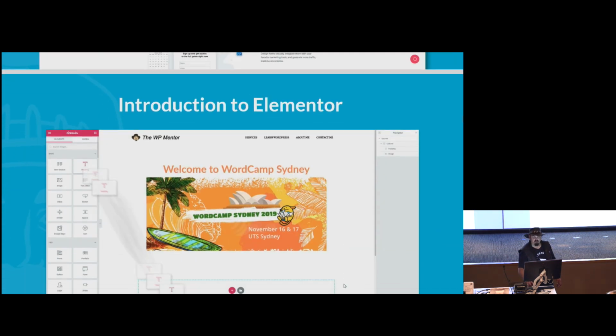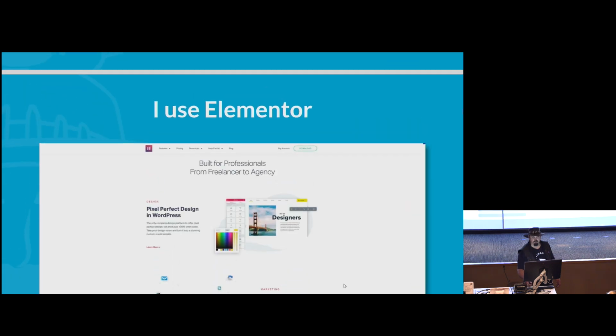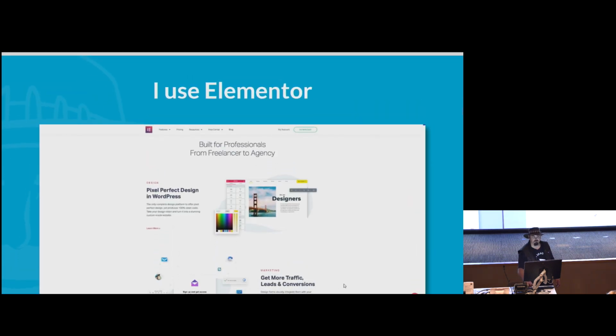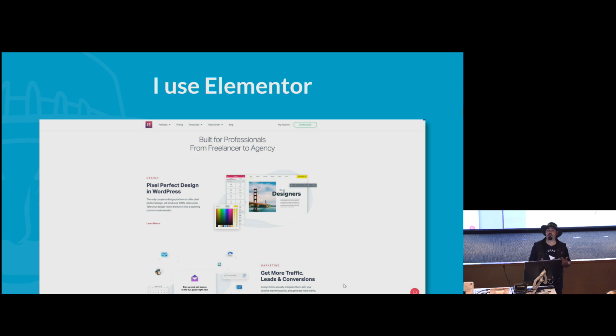I just like using Elementor because I just find it so much easier to use, as I'm more of a visual person, and I just look at it and understand it so much more easily than some of the other page builders out there. And so that's why I use Elementor as my choice of page builder. I only started using it 12 months ago,